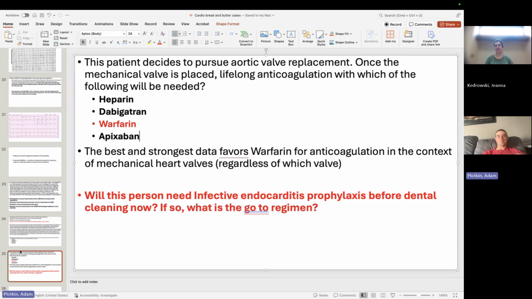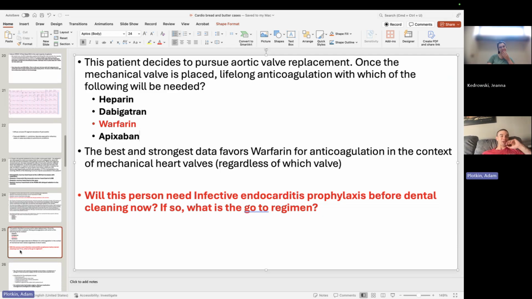Yes. Okay. So, yeah, this is a very tricky one. So, I will tell you mechanical valve, yes. Aortic stenosis, no. Mitral valve prolapse, no. All right. There are very specific indications for infective endocarditis prophylaxis, and we'll talk about them in a second. Any question about anything we've talked about so far?